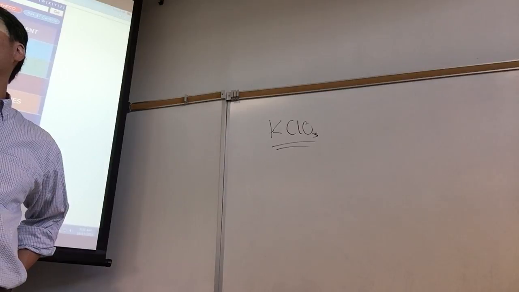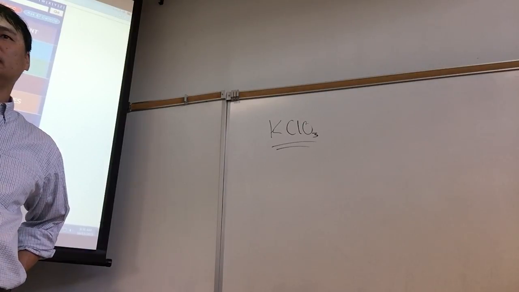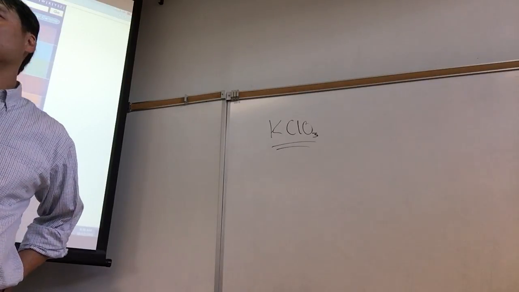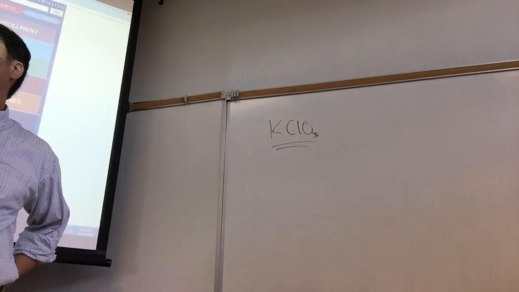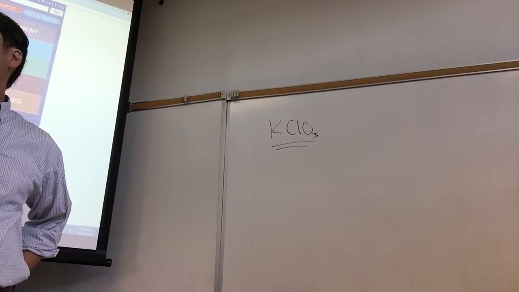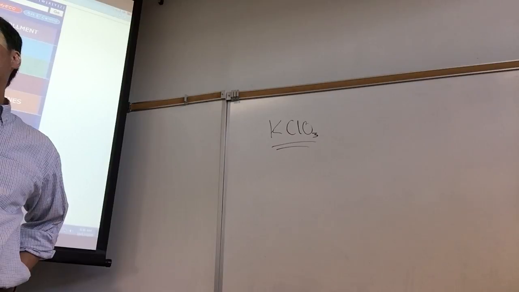are all soluble, group 1 and ammonium, and then chlorates, acetates, and nitrates are all soluble. Even though, as far as metathesis goes, nitrate salts and chlorate salts are no big deal, chlorates and nitrates are a big deal when it comes to other types of chemistry, right? And so when we're thinking about metathesis, acetates are no big deal.